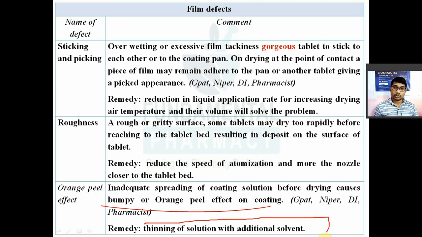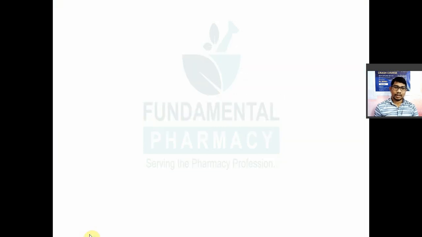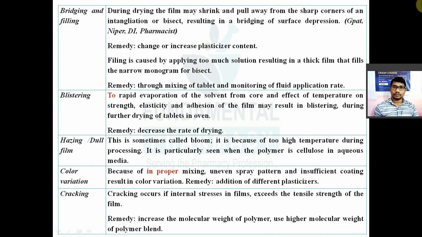These are the different कोटिंग डिफेक्ट, है ना। कोटिंग डिफेक्ट, टैबलेट डिफेक्ट तो एक है, कोटिंग डिफेक्ट नहीं देखा था इसलिए। सो ब्रिजिंग एंड फिलिंग, ब्लिस्टरिंग, हेज फिल्म और डल फिल्म, कलर वेरिएशन, क्रैकिंग, ऑरेंज पील इफेक्ट वगैरह। नेक्स्ट इज द स्पेशलाइज्ड टाइप ऑफ कोटिंग।